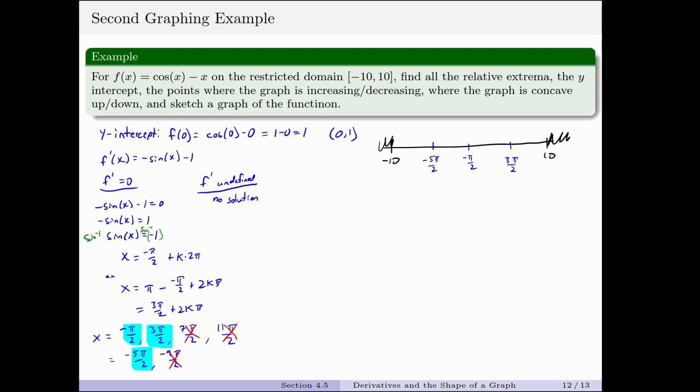Okay, now just like before, I want to test each of my intervals. I don't have to test to the left of -10 and to the right of 10 because that's outside the domain of this function. So let's look at f prime, and I'm going to put in something to the left of -5π/2. I think that maybe -6π/2 or -3π would be easy to plug in. When I put -3π into my sine function,